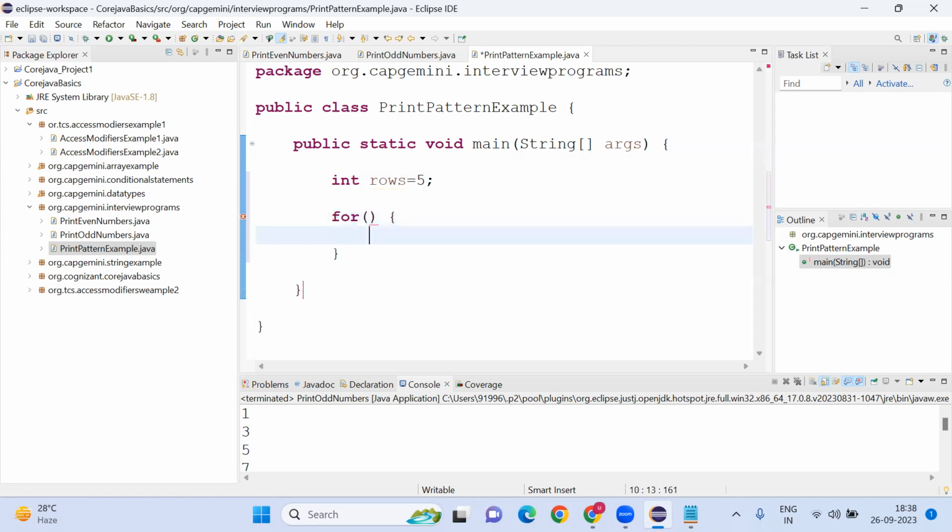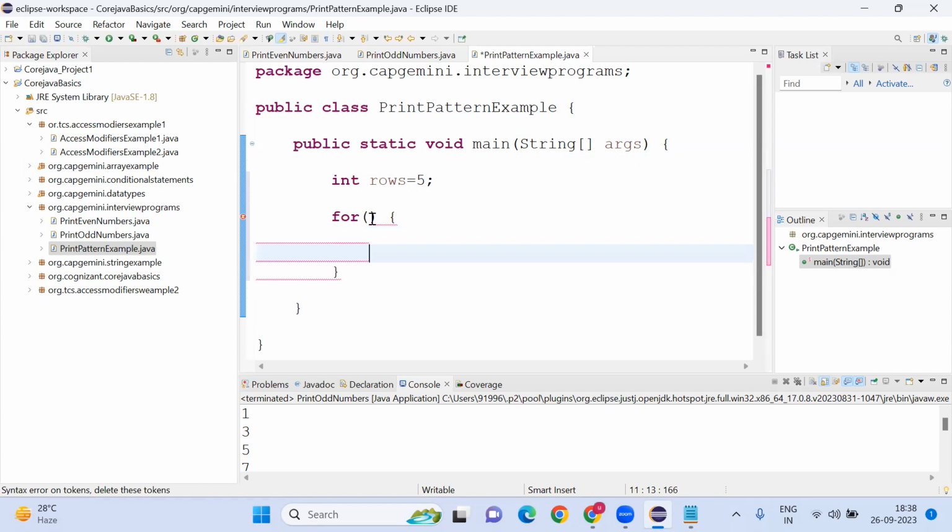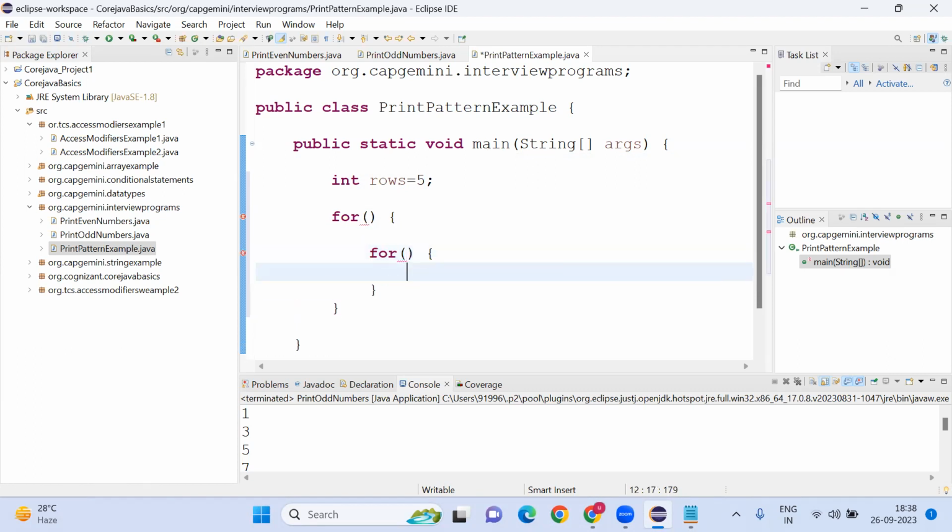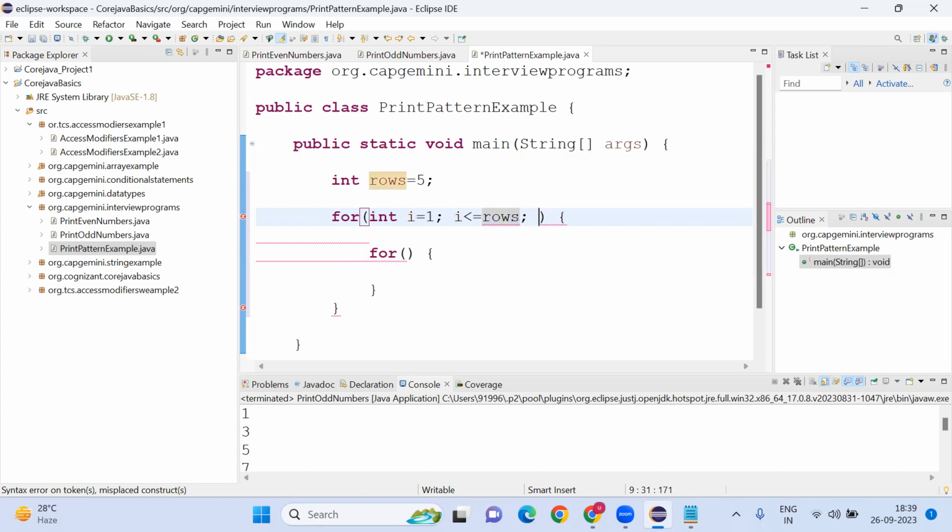Here we are going to use two for loops to print patterns. Always you need to print patterns using two loops, 5 rows. Here, int i equal to 1, i less than or equal to rows, i plus plus. Otherwise, just remember this logic. If they are asking any pattern, just try to write this. At least you can print some pattern here,